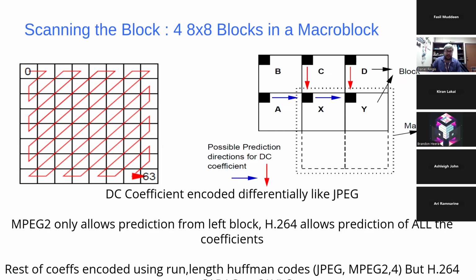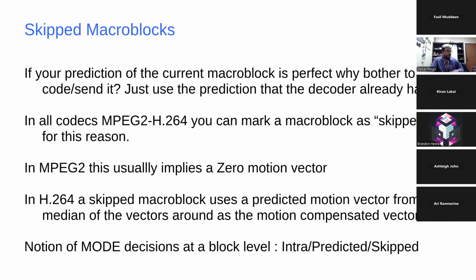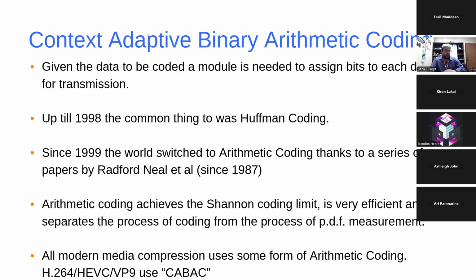In the discrete cosine transform, you'd have different levels of that. And you're trying to reduce this in such a way that things which are next to each other are the same. Based on that, you should have some form of run length encoding or some symbol encoding, which we could use. So we're not going to talk about skipped macroblocks. That's completely different to what we needed to talk about, but we're going to focus on context adaptive binary arithmetic encoding and then another